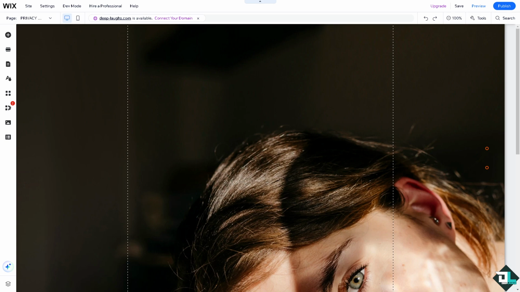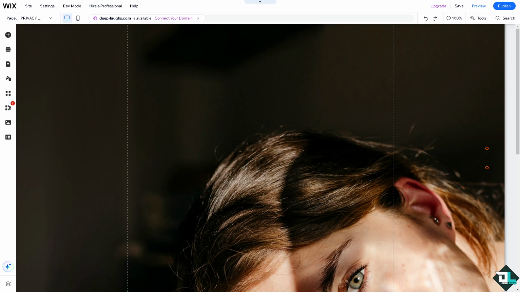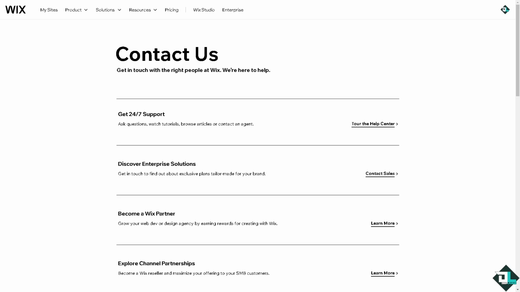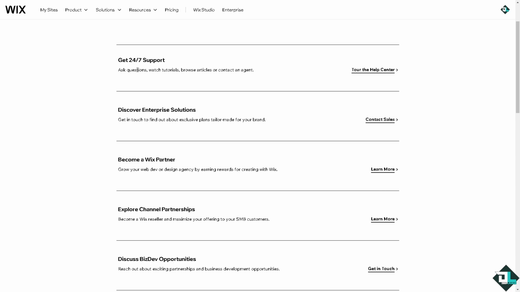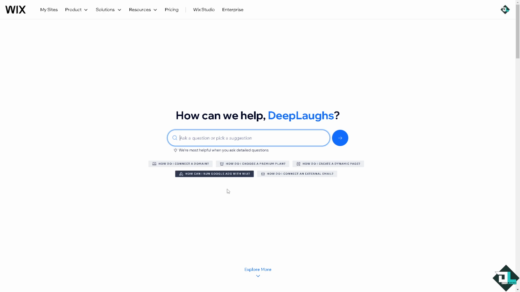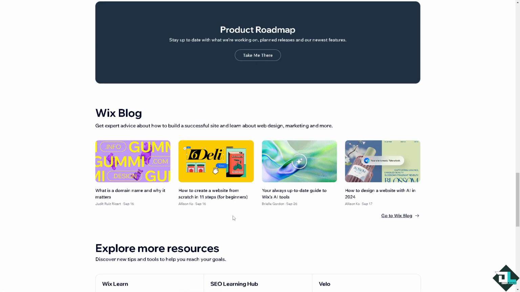Now, alternatively, if none of the above steps resolve the issue, you might want to try to reach out to Wix customer support. Of course, they can help you troubleshoot the problem specific to your account or website. These are going to be your channels. Now, if you click on the Get 24/7 Support, click the Tour Help Center, and these are going to be your options. Explore more, getting started,